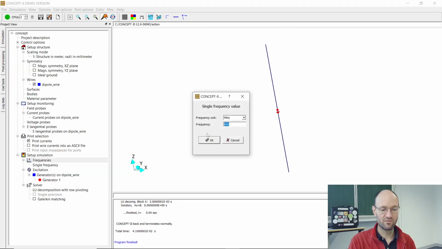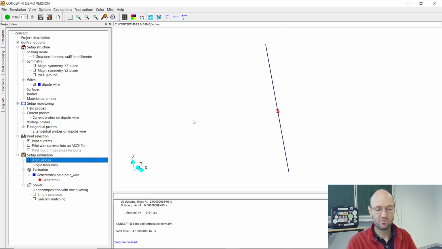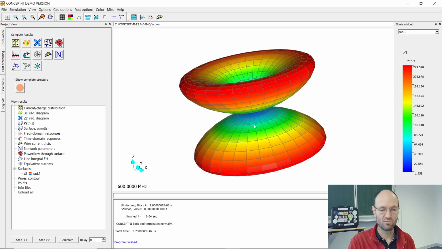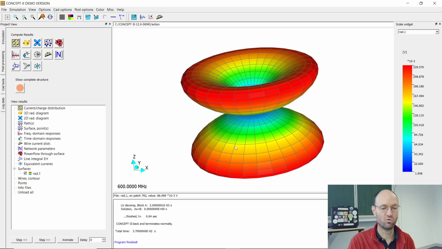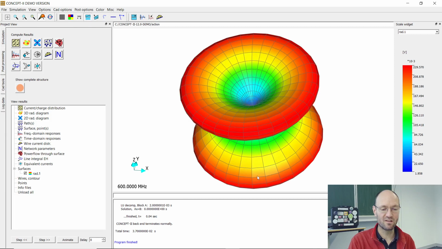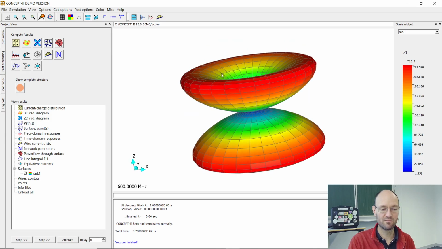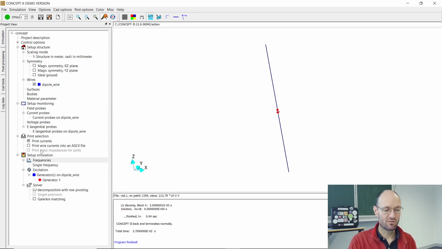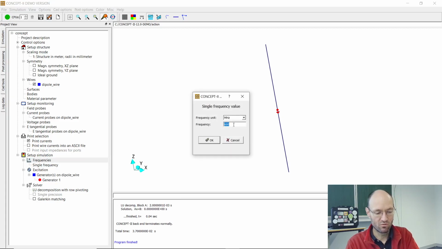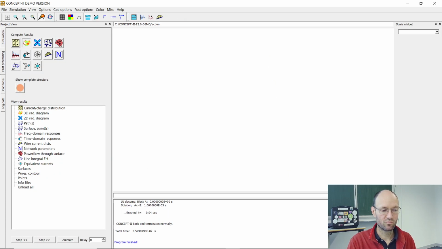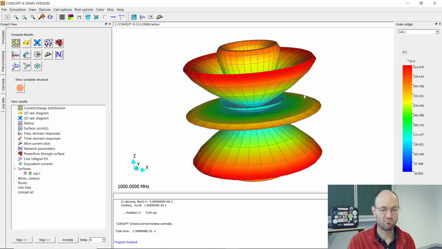So if we go higher in frequency, let's go to 600 and resimulate and go to post-processing, then we have now just these two. Then it looks like a, I don't know, diabolo, maybe something like this. Now it's not radiating anything to the side, not radiating anything to the top and to the bottom, but just something in between. And so now if we go to, I don't know, 1000 megahertz, 1 gigahertz, and simulate and go to post-processing,